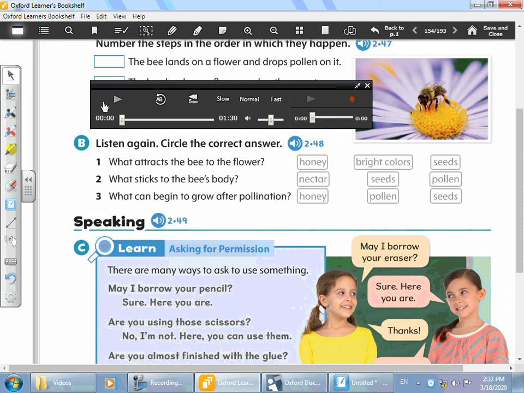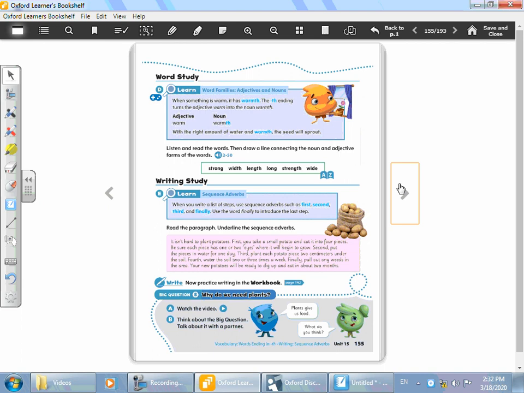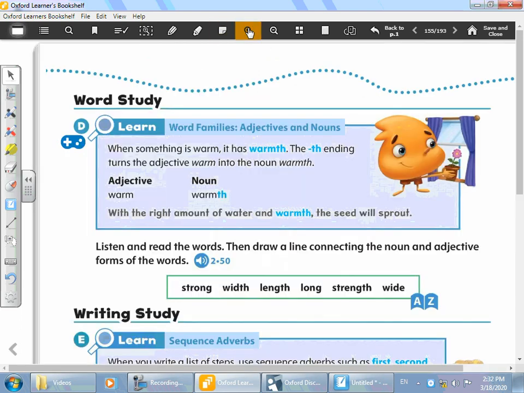Okay, so did you know the answer? Excellent. They are the seeds. Perfect. Now, let's move on to the next page. Okay, the word study. Here we are going to learn how to change an adjective to a